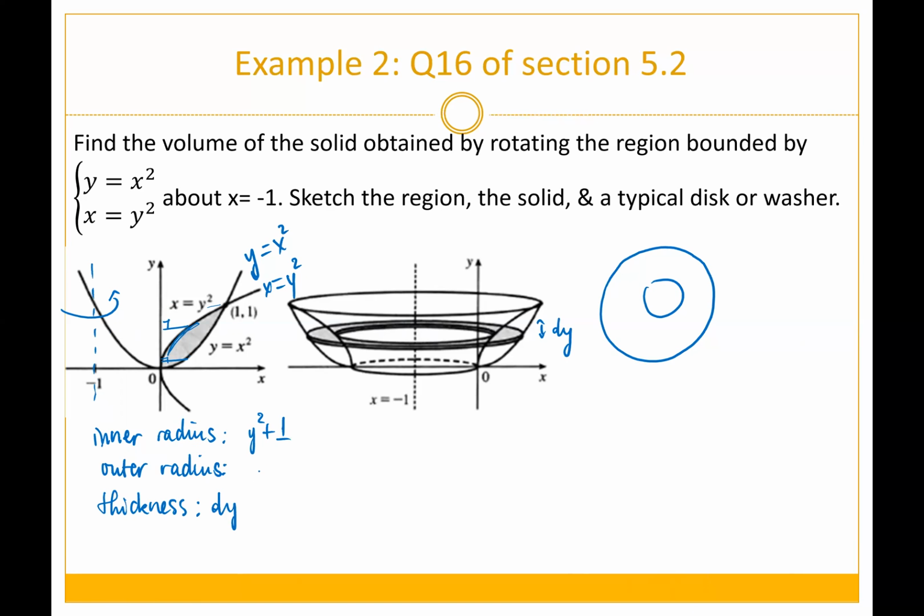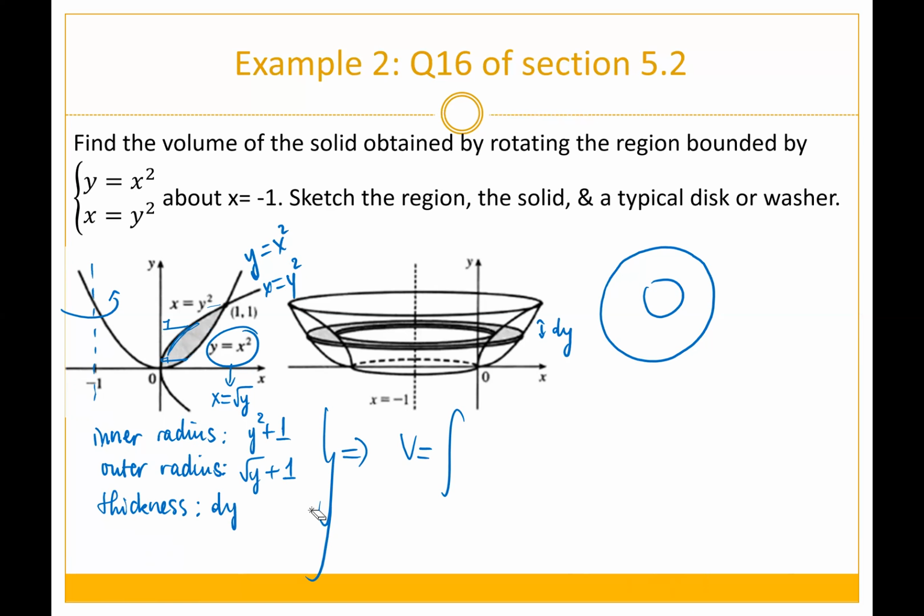So we're going to rewrite this function as x equals square root of y, because we only talk about the positive part here. From that, the distance here is going to be square root of y plus 1. Square root of y is the distance from this line to the y-axis, and then add 1. So then the volume is going to equal